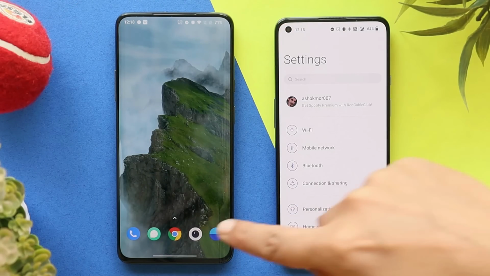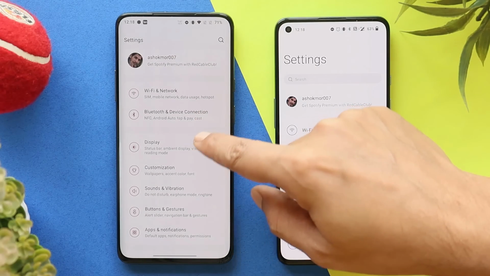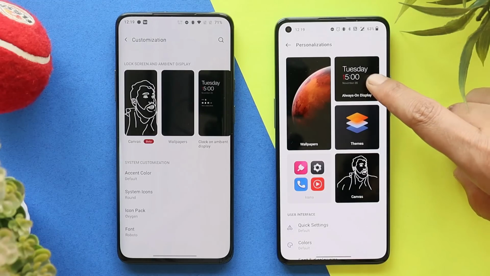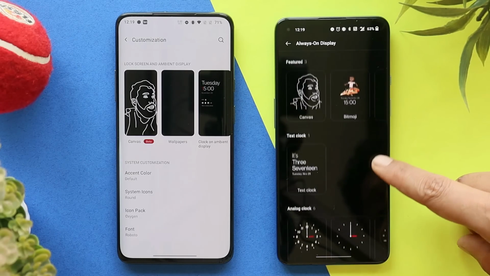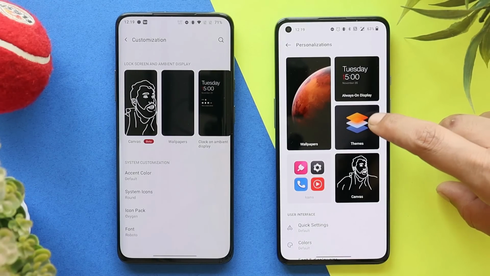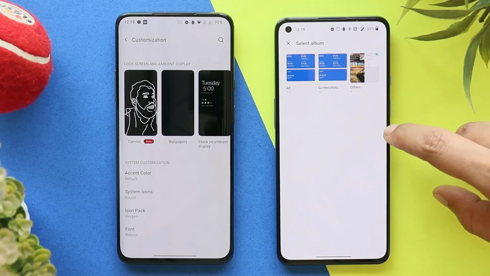So here we have the personalization section on OxygenOS 12. On OxygenOS 11, we had the section of customization. And you can see everything is well organized in the personalization section of OxygenOS 12. We have the options of wallpaper, ambient display, that is always on display. And here we also get to see a few new add-ons of clock styles. Then the theme option has also been added directly inside the personalization section, and we have the canvas feature, and here